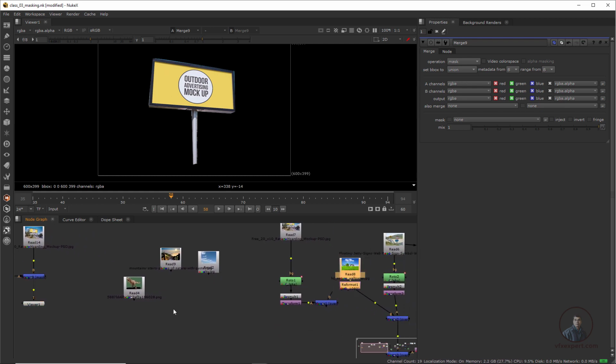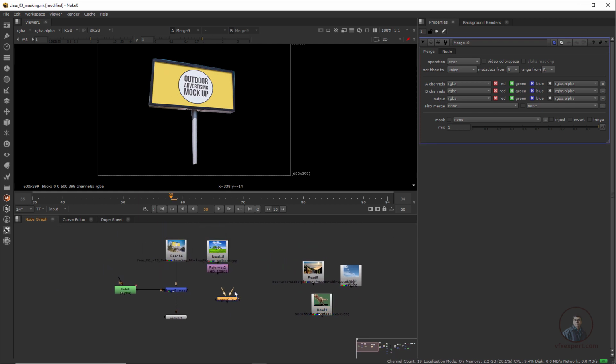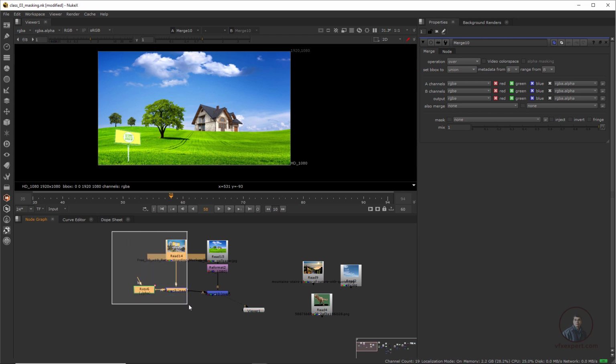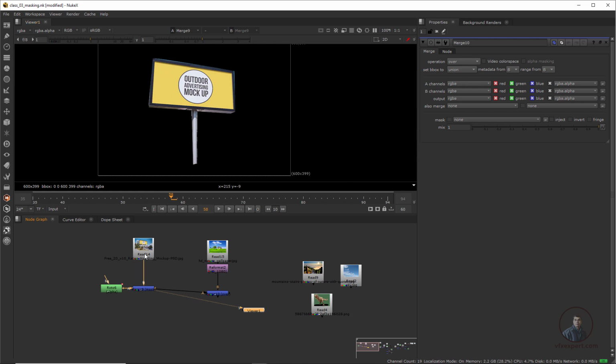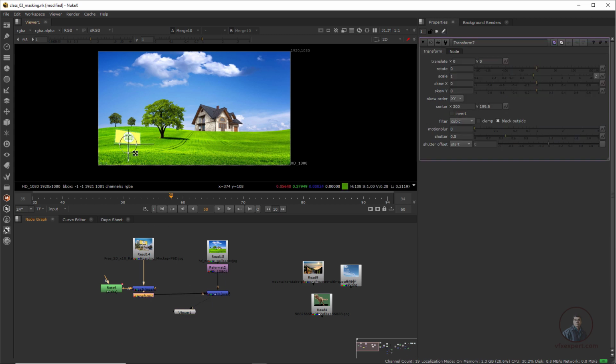So just Control C and Control V here. Now paste it here and take a merge node. This will be our background, and this object will be our foreground. Connect it like this, select this one, press 1. Now you can see. Again take a transform node here. Remember, if you want to transform your object, then after this merge node we have to use transform, because till here I have extracted our object, not with this image. So this is your final composite. Select this one, press T for transform, and you can adjust.